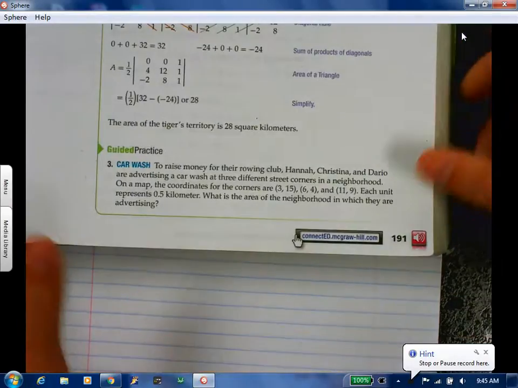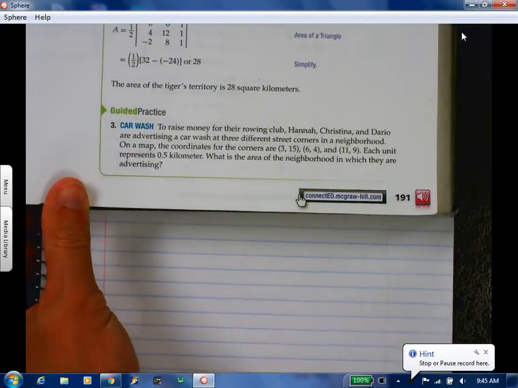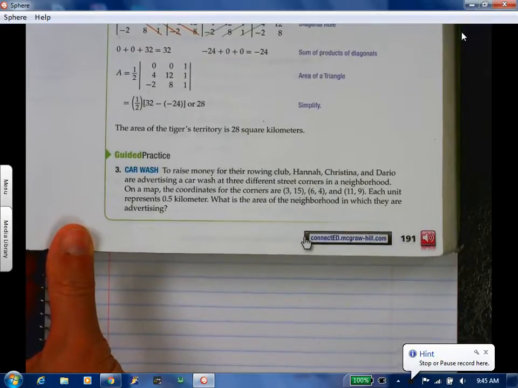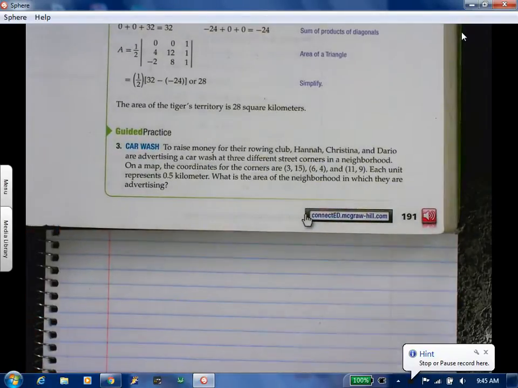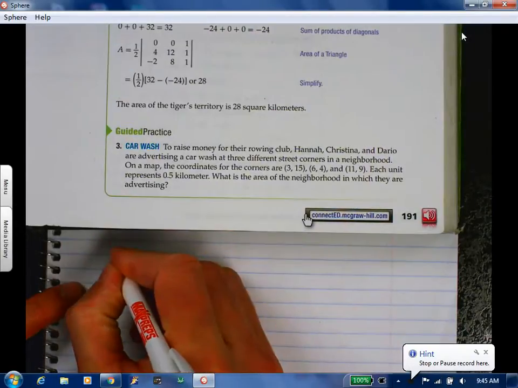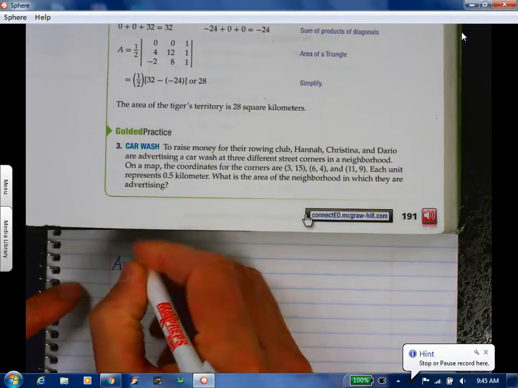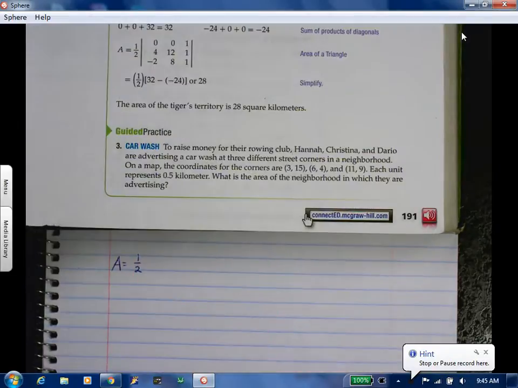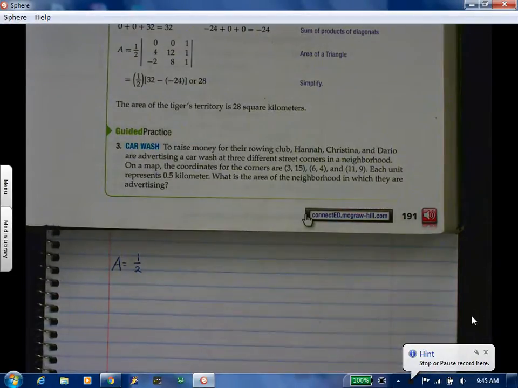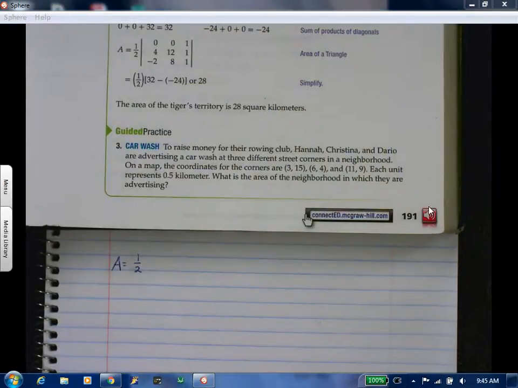Number 3, that's on page 191, this example 3. So area equals 1/2